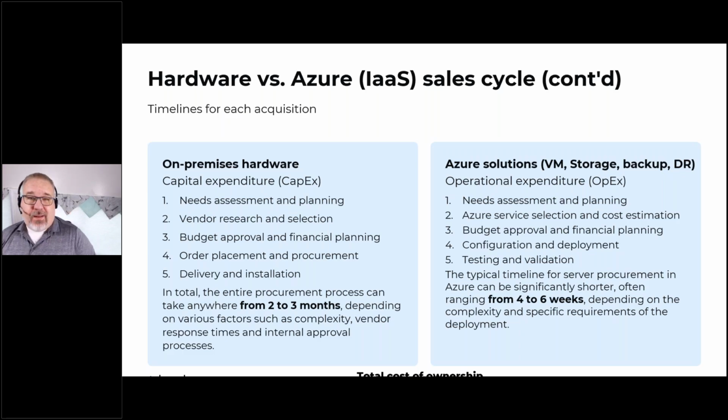Budget approvals and financial planning could be a lot less time, considering we can right size their on-premises server environment, understand what the workload is, and get an estimate to them in Azure basically the same day. Within hours or an hour, a lot of that could be done. And then making the move to Azure could be, depending on the migration, anywhere from, we put down 4 to 6 weeks, but I've actually seen some customers get stood up within a couple of weeks, because it's just pretty easy to make